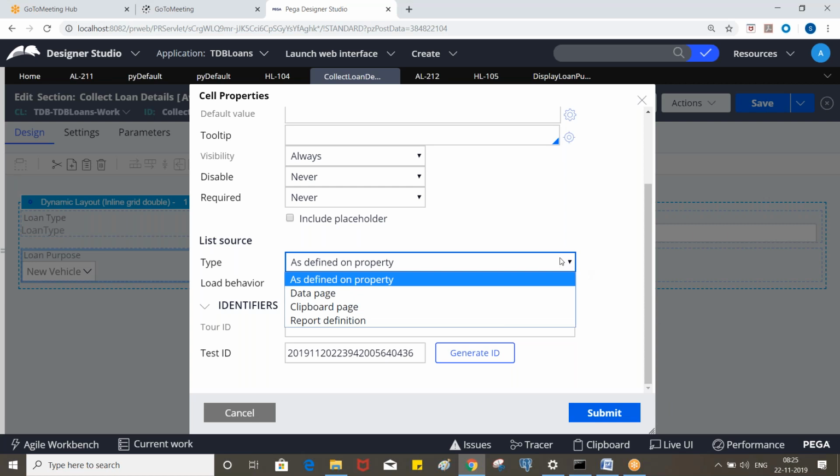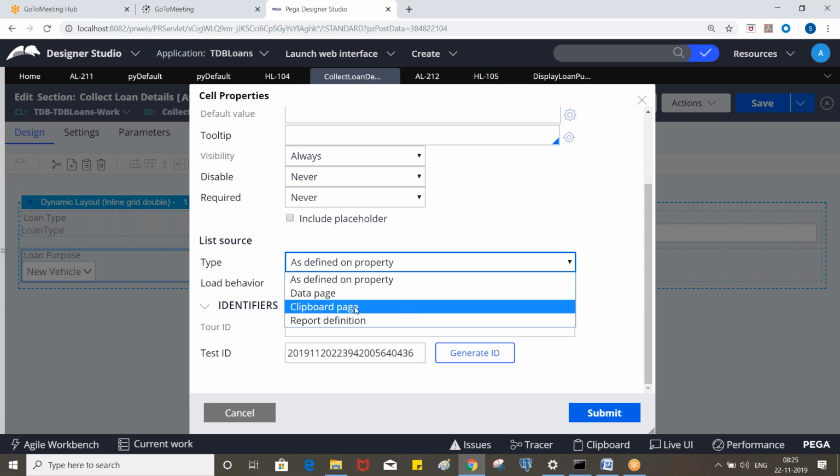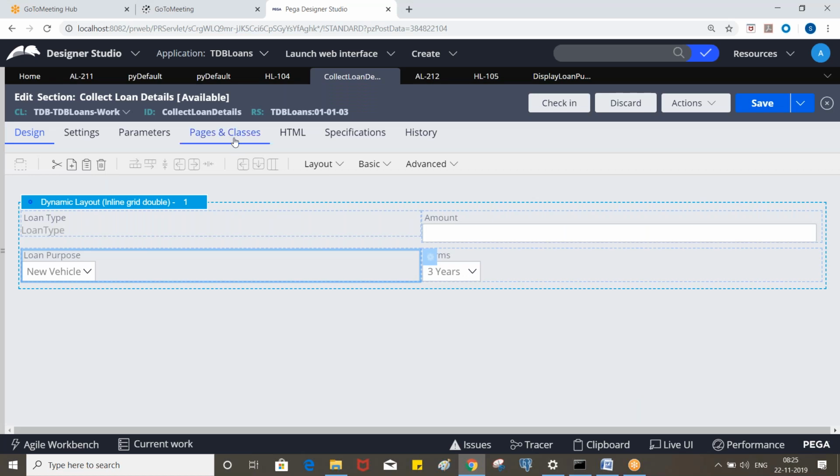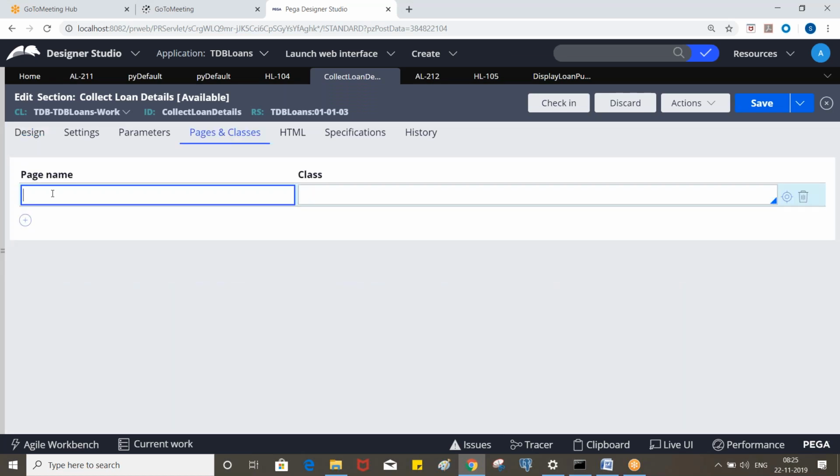So we need to change it to clipboard page. But if we want to use the clipboard page, we need to specify the clipboard structure here. Let's say loan purpose dot pxResults, referring to the loan details data class.